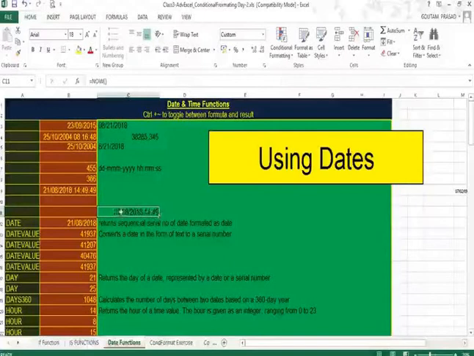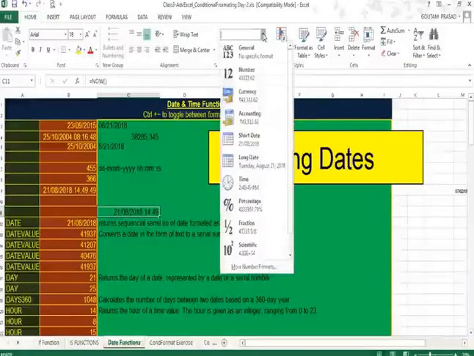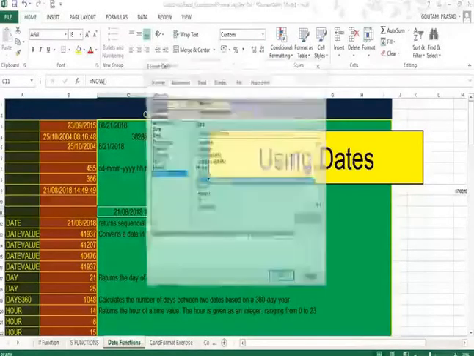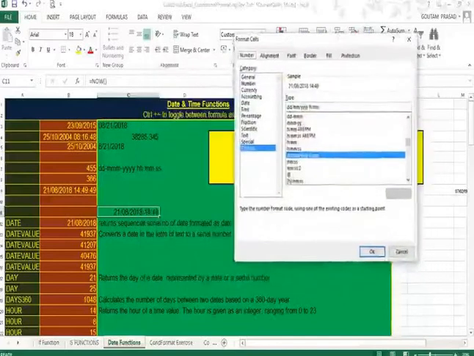If you want, you can change it, you can make it appear with the second portion also. I mean hour, minute and second. So how to do that? I am going to change the format of this date. So here click on this number format, and go to more number formats to customize it. Here you can see different date formats are there.